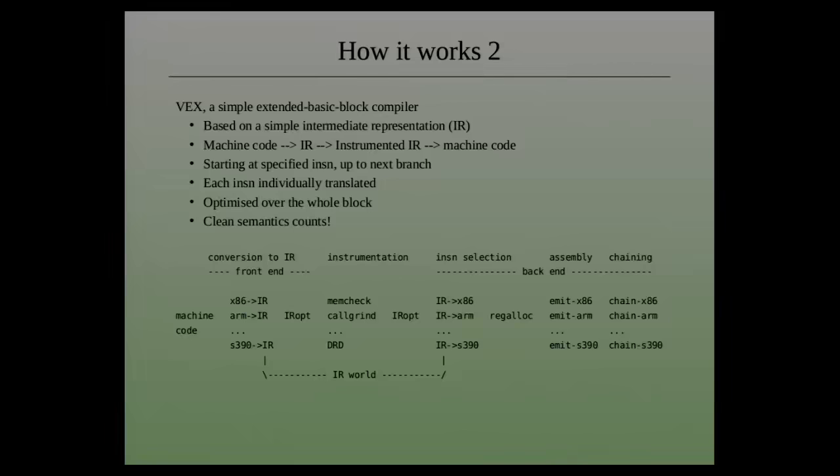One thing you can say about VEX is that the front ends which translate into VEX, into the intermediate representation, are very big and complicated because the instruction sets are big and complicated. But each instruction is translated individually, so we translate each instruction without any concern for the context around it, and then we pass the whole result block through this intermediate representation optimizer, which usually removes a